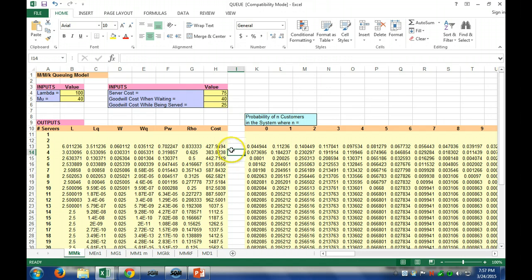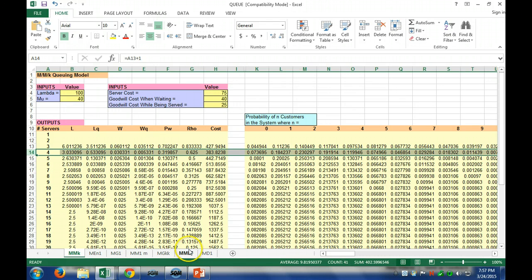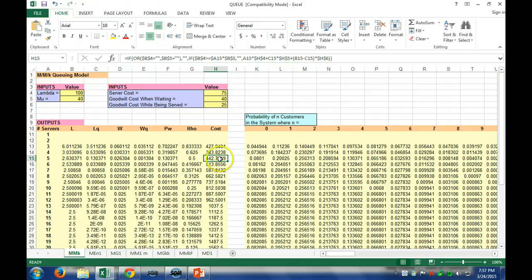So note, if I looked at these values and I'm doing an economic analysis of this queuing system, what's the best number of servers to employ? In this case up here, what's the best number of servers to employ? Go ahead Dylan, what? 4. 383, right? Next one's 442, 513, 587.